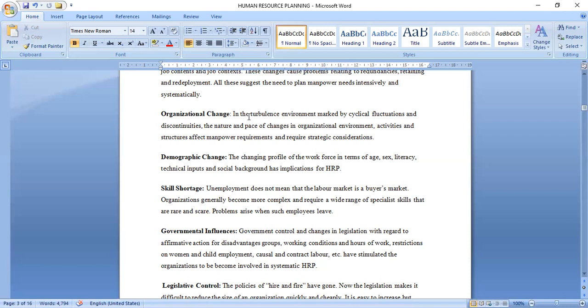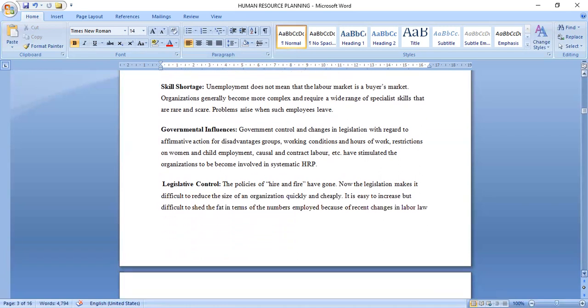you're not displaced. So in most cases, the human resource department in an organization may realize that the workers they have do not have the required skills. There is a shortage of skills. So that would definitely require them to plan. And that's where human resource planning comes in, to plan such that they get the rightful workers or employees to fill these positions, competent workers.